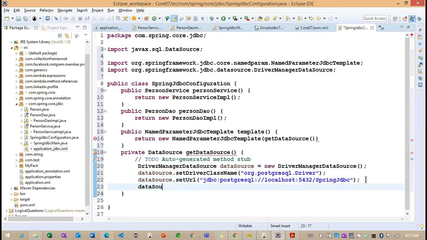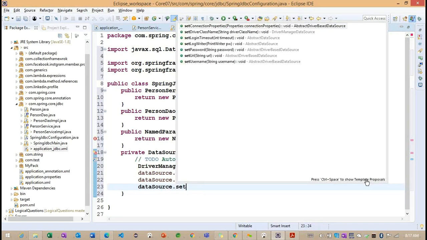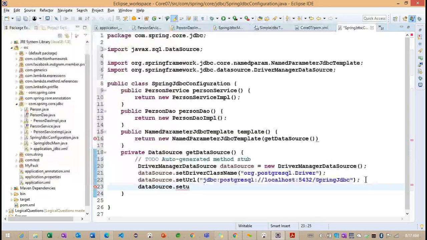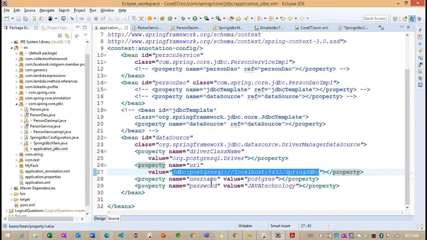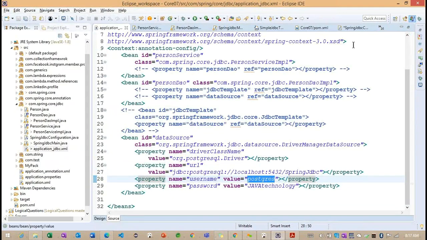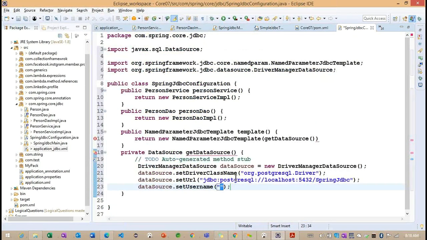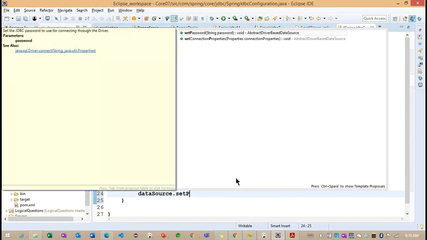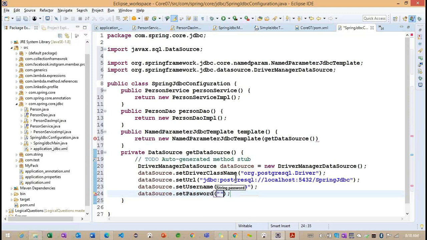And dataSource dot username. What is the username we have here? Postgres. And dataSource dot password.